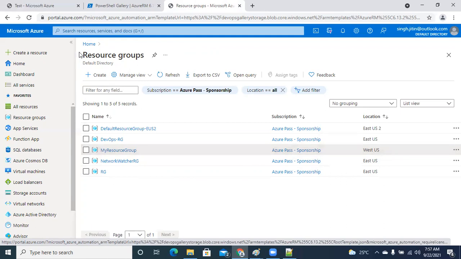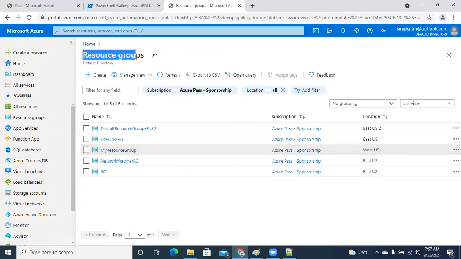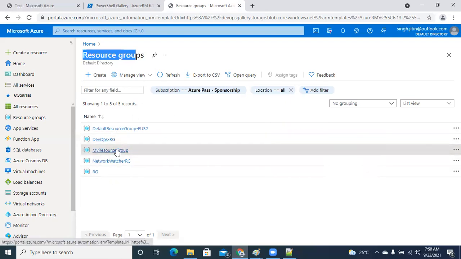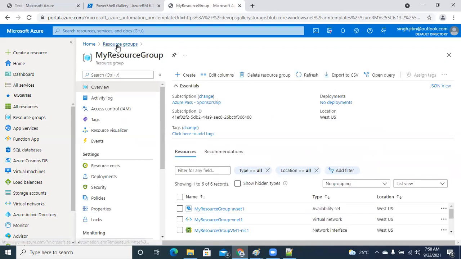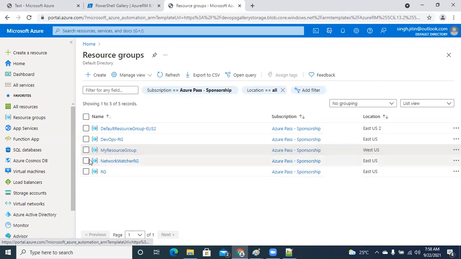But guys, let me tell you, Azure Automation Account is also capable of interacting with AWS and GCP, and we can create resources on the basis of that as well. But the thing is, Ansible and Terraform are the most common tools that we use nowadays in order to do the automation. Whatever action we have taken so far can be taken with the help of those tools as well.